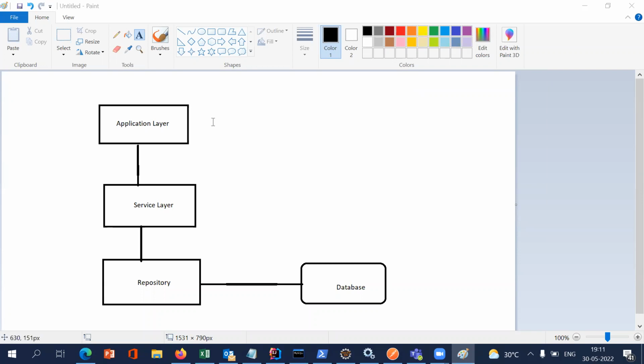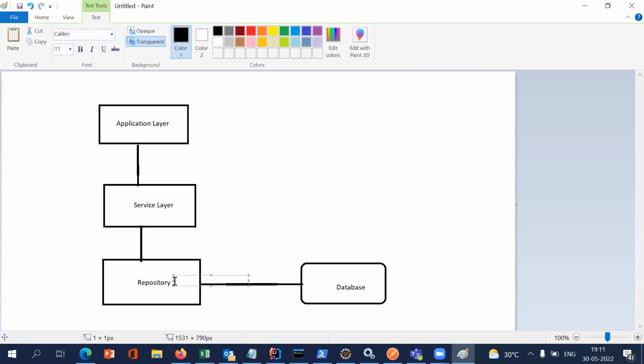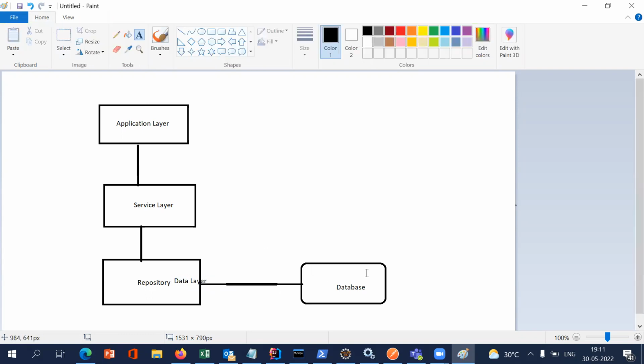So the application layer is the one where clients will send the request. It will accept the request. Then the flow goes to the service layer. The service layer is the interface where we'll have the core business logic, or business layer you can call it. Then there is the data layer, repository or data layer. The data layer is the one which actually deals with the data, that is the databases. So this is the ideal kind of